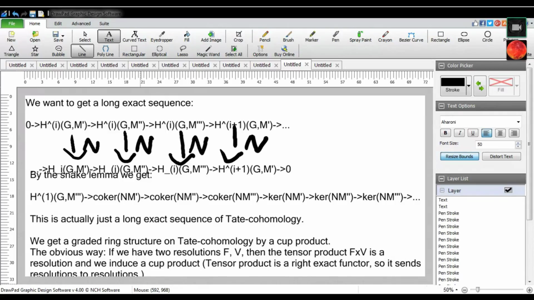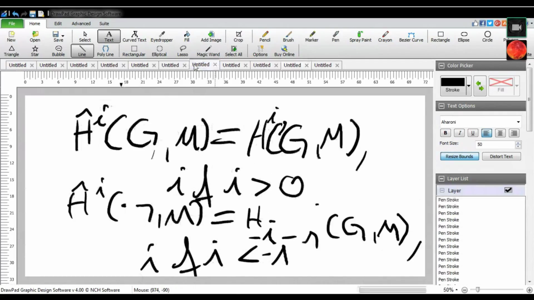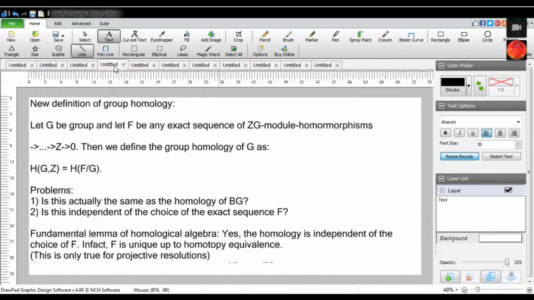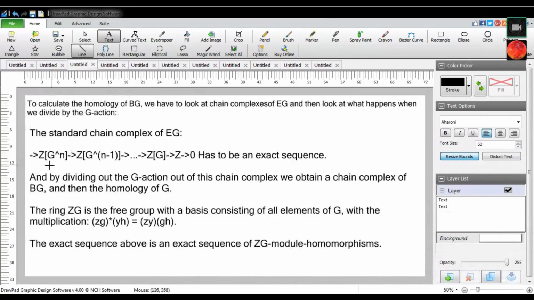Okay, I'm going to spoil the solution why this doesn't work. So the idea is the following. If we have some resolution, here we have some resolution, and we apply a tensor product to it. This is an exact sequence. The tensor product is a right exact functor, and this is a right exact sequence. So we get another resolution. Pretty easy, right? The problem is,